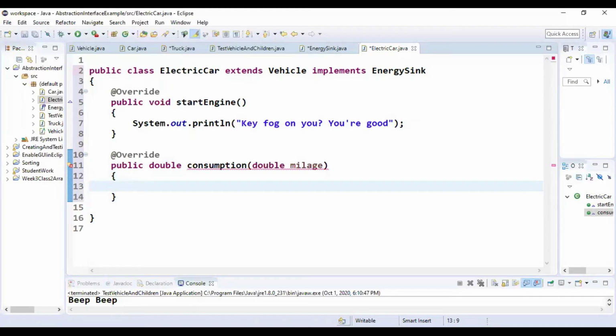Same thing, it's kicking now because I haven't returned anything of type double. Like I said, at the time I first created this example, Tesla was getting 3 miles per kilowatt hour. I don't know what it is now. I know they have improved greatly, but I don't know what it is now. So I'm going to say double amountConsumed, get capitalization right,